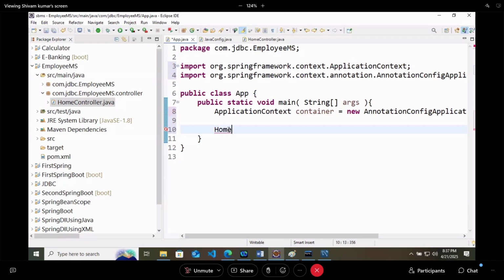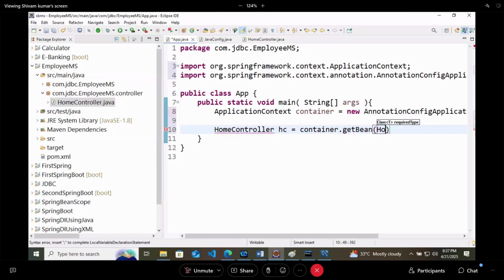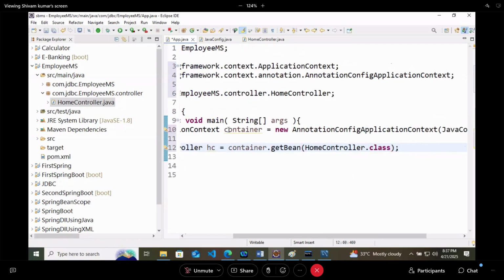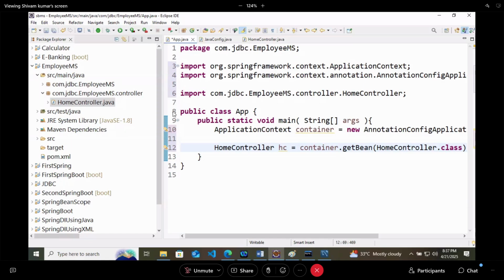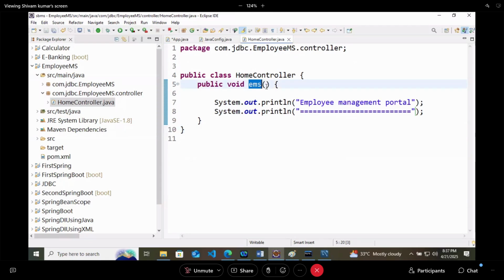So HomeController hc equals container.getBean of HomeController.class, like this. As we know, this home controller has a method, EMS method.